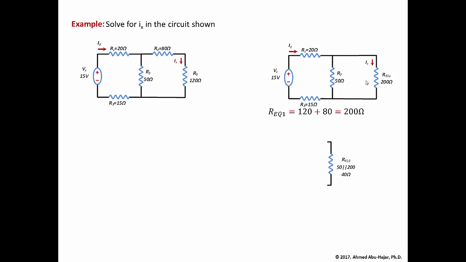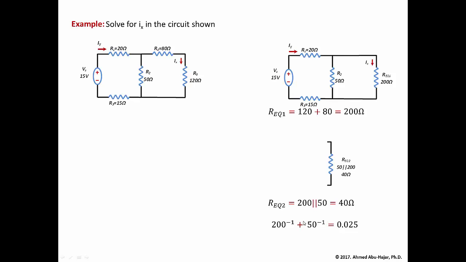So I'll show you how to do it using your calculator quickly. So what we do, we say that R equivalent 2, which is this resistor, is going to be the 200 in parallel with the 50, and we know that this is going to equal 40. The way you're going to calculate that is you're going to say the 200 reciprocal. Almost every calculator has this button where you have 1 over x or x to the minus 1. So you say 200 reciprocal, which means the inverse of that, and then you do plus 50